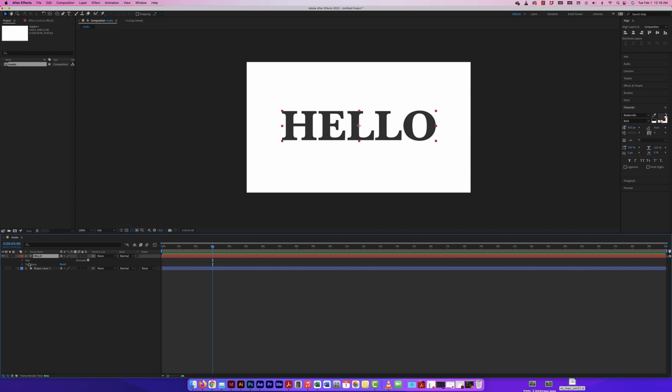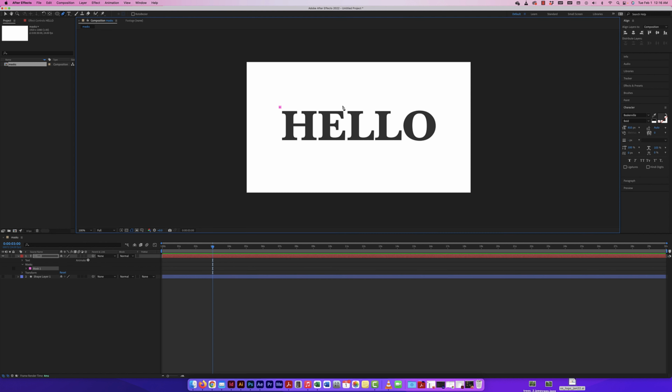But let me actually delete that mask because I want to show you something else here. So with my layer selected, again, I'm going to click on my pen tool this time. Now the pen tool is interesting because I can actually now click and make my own path. Let's do something silly here. It doesn't really matter. Now, as you notice, nothing's really happening. The mask isn't really hiding or showing something. It's just a path. And I have to actually complete a whole shape in order for the mask to work. There, now it's a